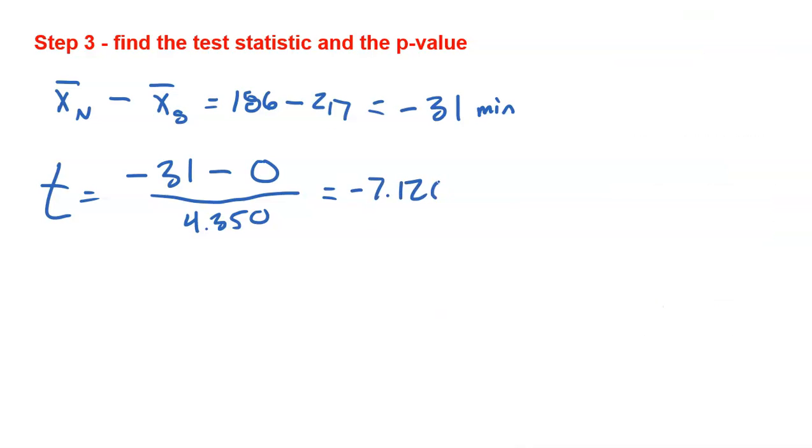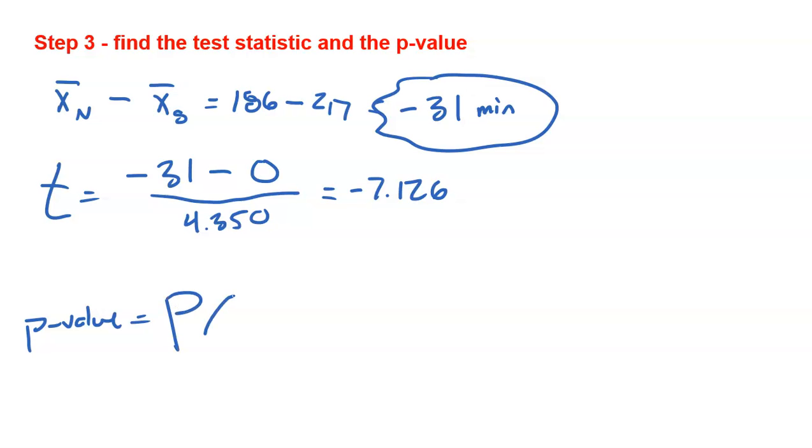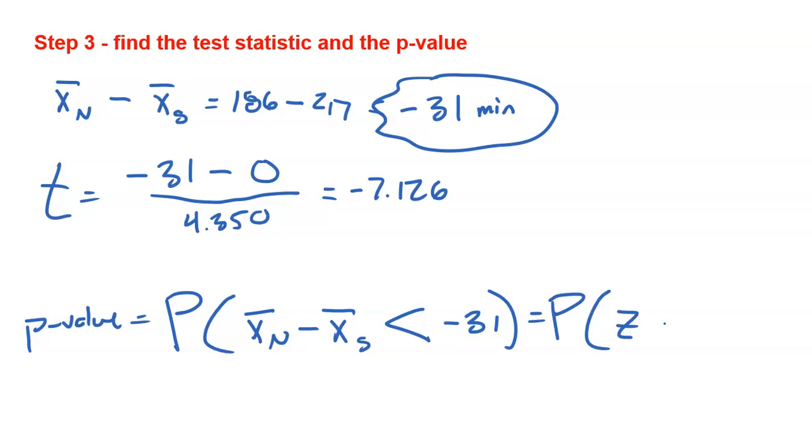7.126. Now, my p-value is the probability of this observed difference occurring or more extreme. So how do I notate that? It's the probability that any other difference between a sample of the new procedure and the mean sample for the standard procedure is even lower than mine. Now, if you used a positive 31, you would look even greater than it. So that's what the difference would be if you used a negative versus a positive. And this is found by doing the probability that a z-score is more extreme. Uh-oh, I messed it up. More extreme in my scenario would be less than, because I'm at negative 7.126.